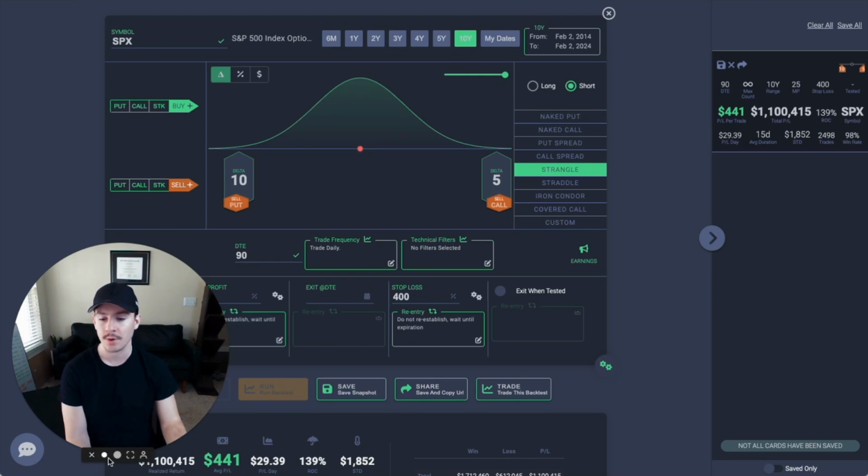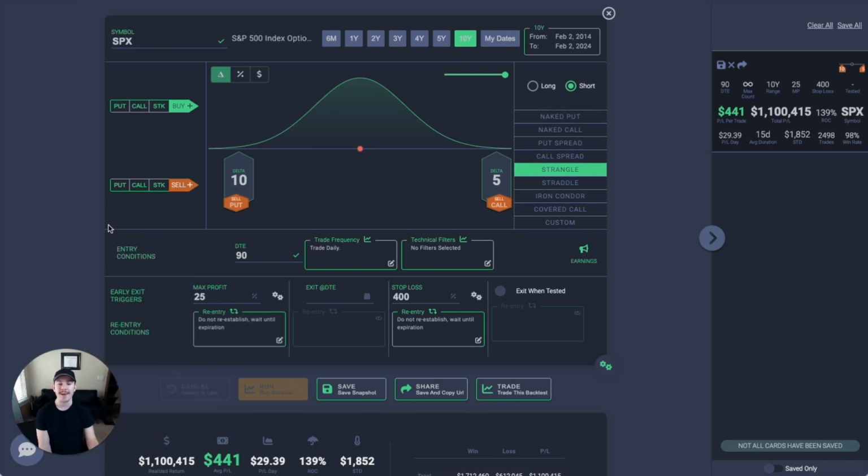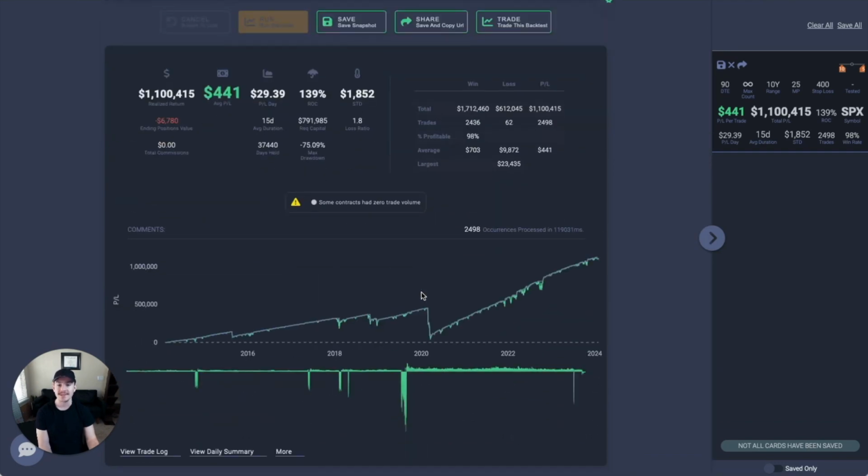Here's the Delta Pro. Let me make my face smaller. Here is the back test exactly as I explained it. We have a 10 delta put, a 5 delta call. We're going further up to give ourselves more room to the upside. We're doing 90 days until expiration. We have a 25% take profit and a 400% stop loss. You can see here we have a